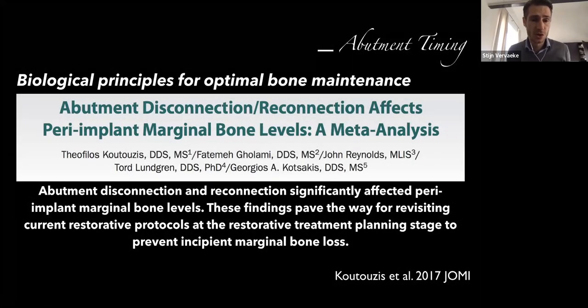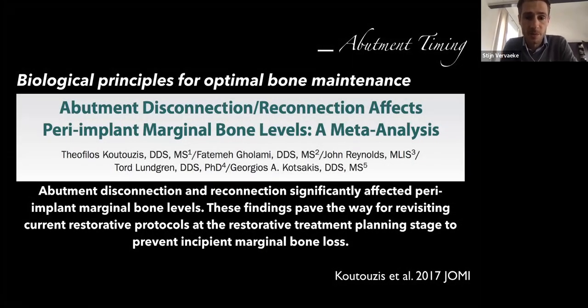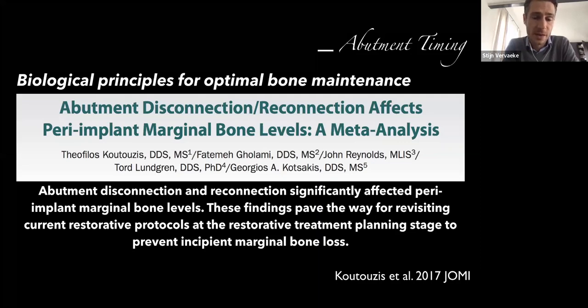And this is also the conclusion from this review and meta-analysis from the group of Kututsis, where he concludes that abutment disconnection and reconnection significantly affects peri-implant marginal bone levels. So these findings pave the way for revisiting current restorative protocols at the restorative treatment planning stage to prevent incipient marginal bone loss. And this is really important because I will show you later data from one of my PhD students, Simon Windahl, where Simon discovered that